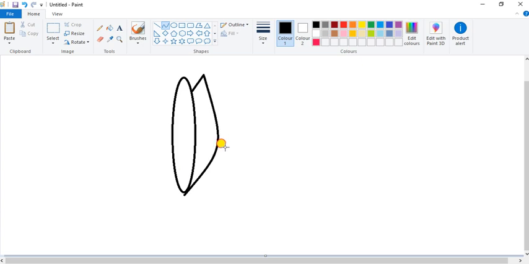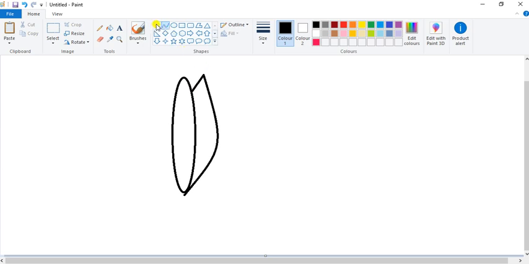Okay, done. Now click here only. Don't click anywhere. I told you in the previous sessions also. Whenever you want to draw a curved line, first draw that line and then take your mouse pointer in the middle and drag it over there. And click here only. Done.